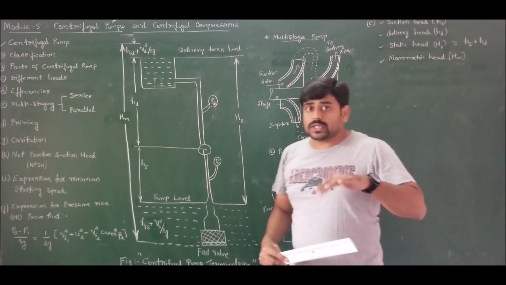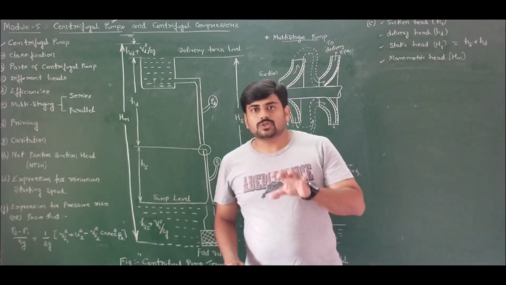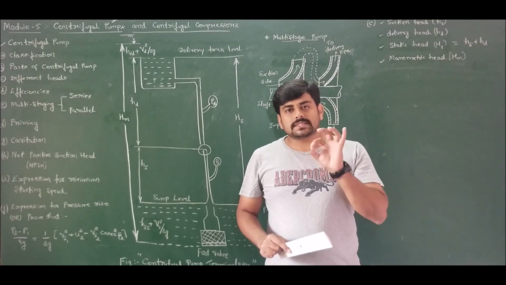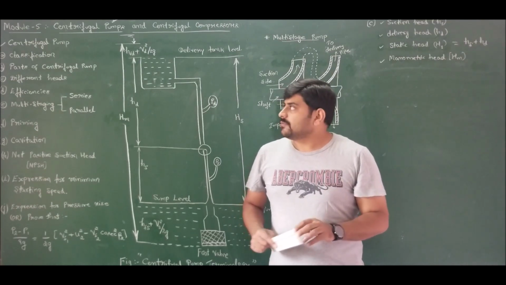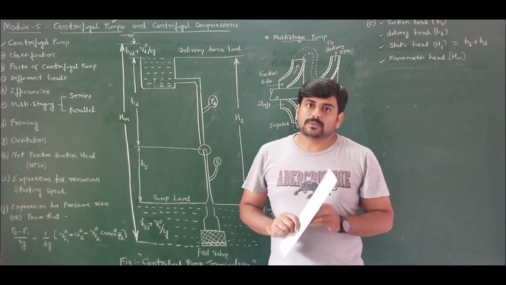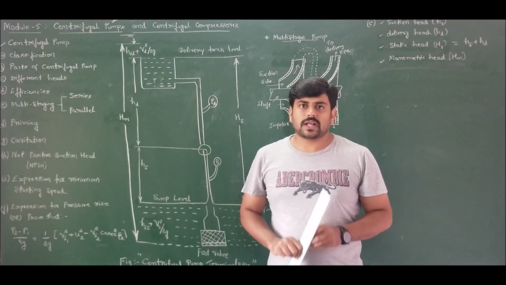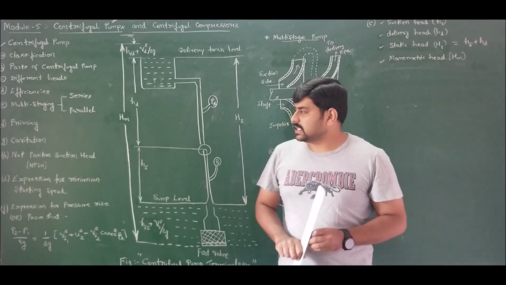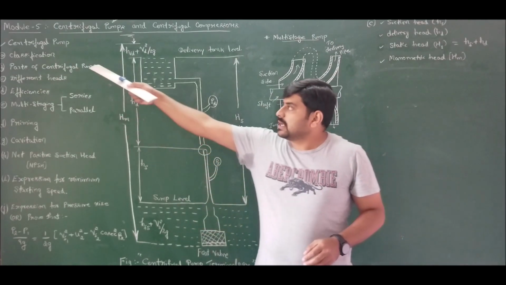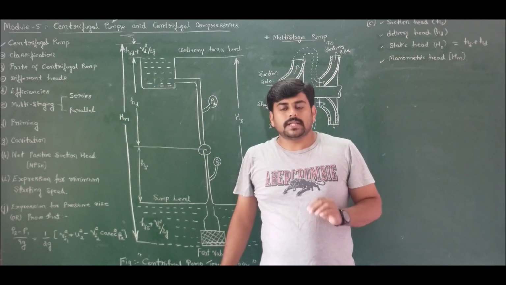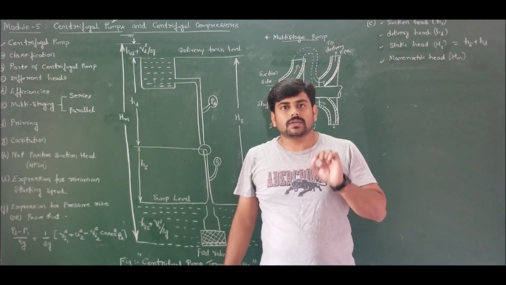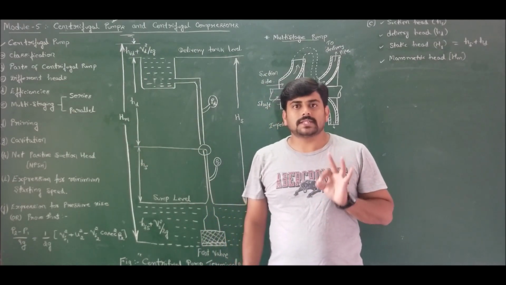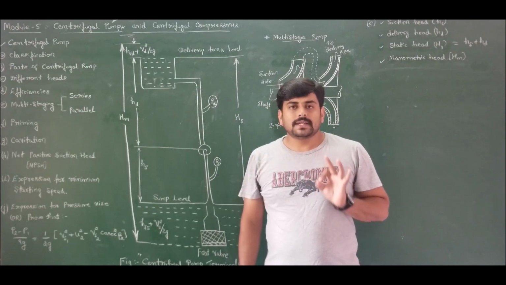Manometric head is the total head against which the pump is working. It can also be expressed with the help of Euler's head. We already derived Euler's equation for energy transfer. Coming to the centrifugal pump, which is a power absorbing turbo machine, the Euler's equation for energy transfer will be given as VU2 U2 by GC. This is because VU1 is 0 for centrifugal pumps, as it has radial entry, that is alpha 1 is equal to 90 degrees, hence VU1 is equal to 0. Hence the Euler's equation for energy transfer will be VU2 U2 by GC.